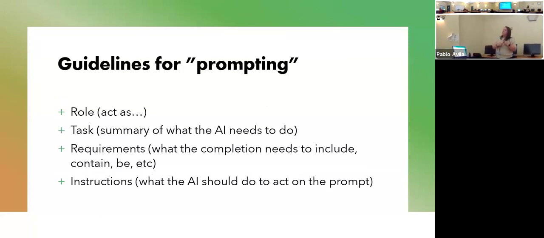So the guidance for prompting is that you always want to give it a role. You can usually use the pattern called "act as." So you can say act as a student, act as an expert in this, act as a professor, etc. You want to give it a very clear task. Then you want to give it the requirements or constraints of that task, and then instructions that the AI should